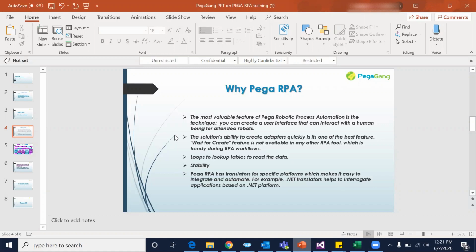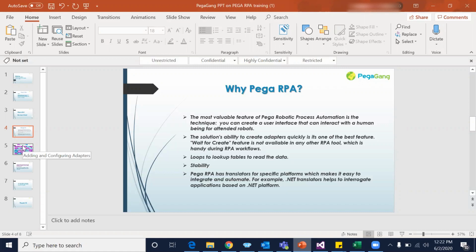And then the new feature that Pega has right now, a very brand new feature in the market, is digital process automation, DPA. That is a cognitive domain. So that means Pega can take that decision, so that we can make our bot so intelligent that it will understand what we can do and what we cannot. So those are the features that Pega RPA has. As Pega has that platform inside it, we can make use of that platform, and we can make our solution more dynamic, more stable, more agile. So that's the advantage of Pega RPA.